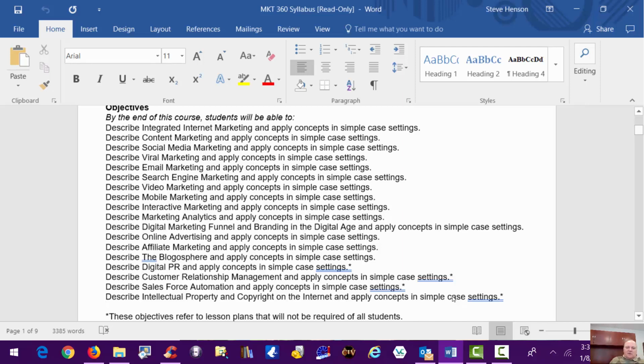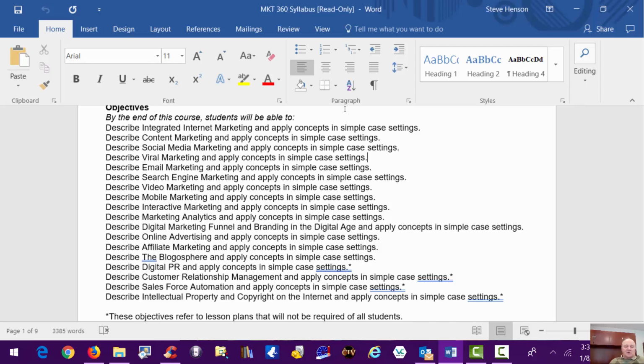So what you'll see here is, probably 20 different topics, all stated with a very different objective in talking about simple case settings. In other words, this isn't something I'll be asking you, as I do in some of my classes, to take one company or one concept and work with it through an entire semester.